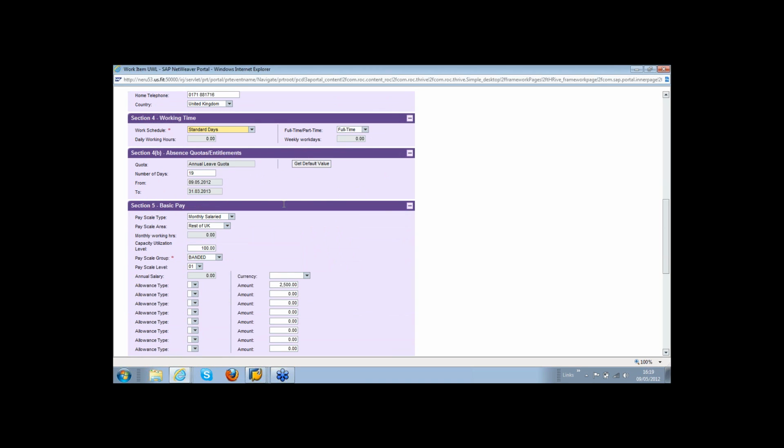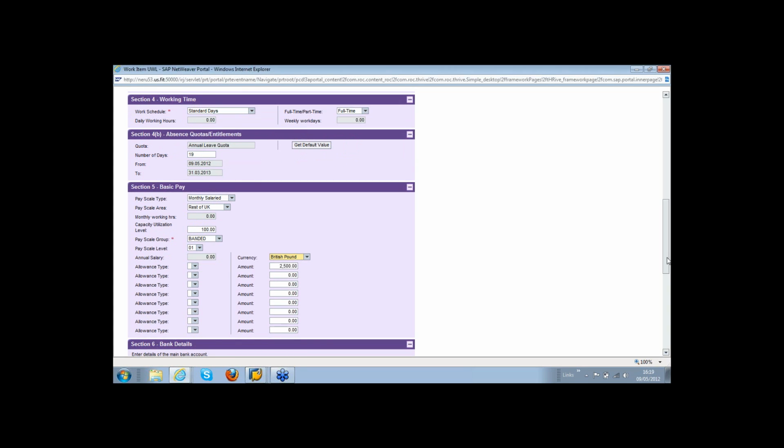So your basic pay, for instance, has details of the groupings that you'd find on your info type 8 record. Let's just pick the currency in there as we go down. So you can see a large variety of sections. The sections that you add into this form are configurable. You can choose what they are. Okay, so it gives you a lot of choice to allow this process to